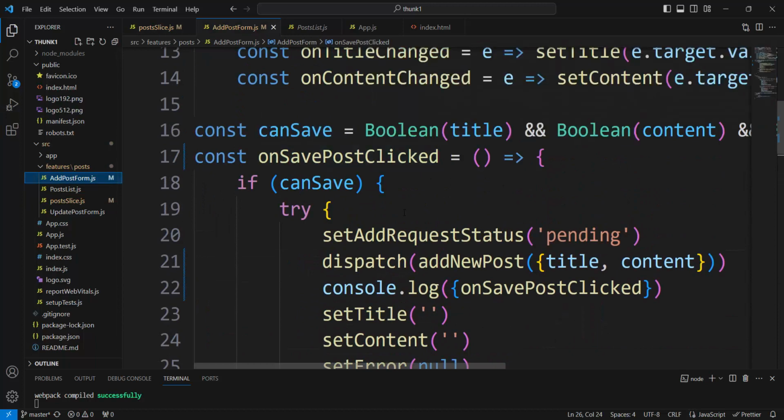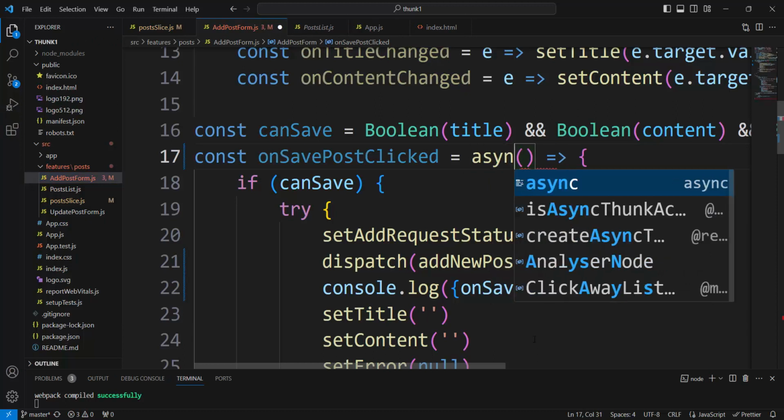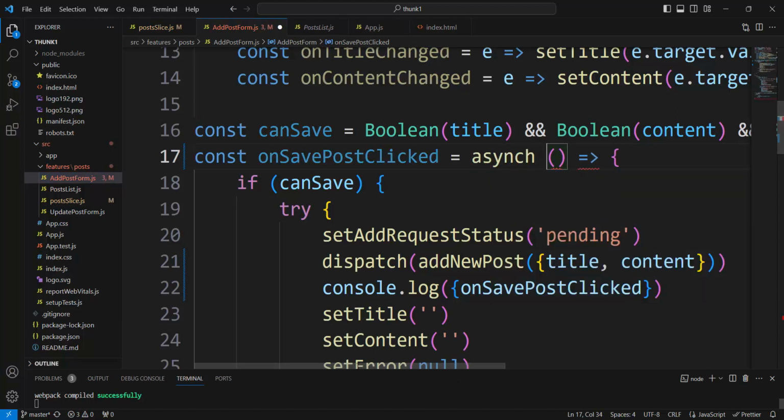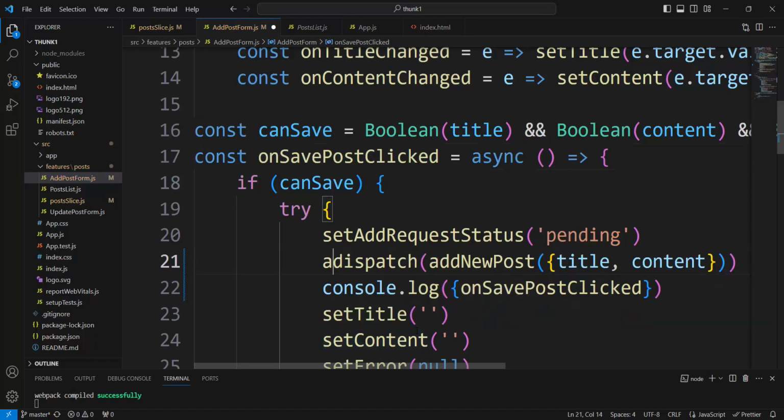Here we must have async, asynchron, and here we must await,